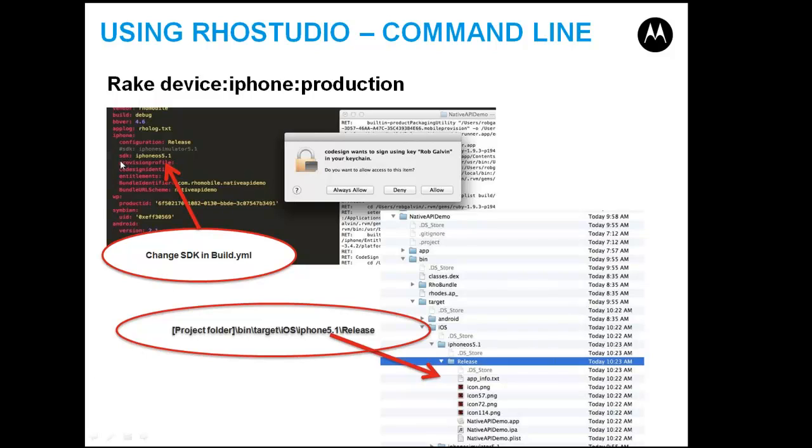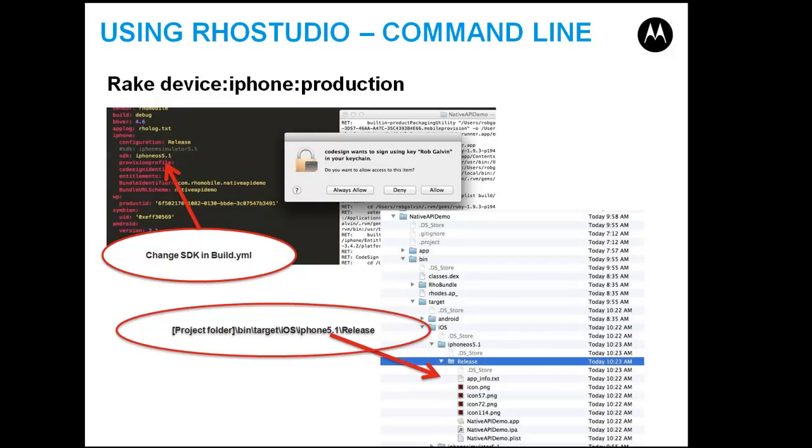Before you would do that, you would make sure that you specify the SDK. Before you probably were using the iPhone simulator, like I showed before, but for developing for the device, you want to make sure the SDK is not the simulator; it's using iPhone OS. So you would do that, change the build.yaml, kick off this command line right in your project folder,